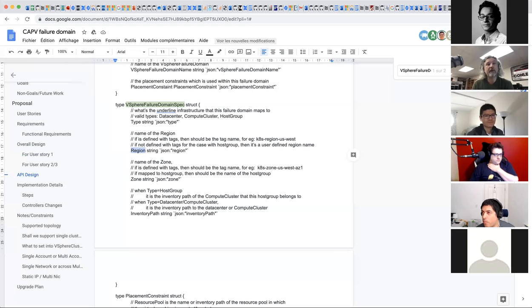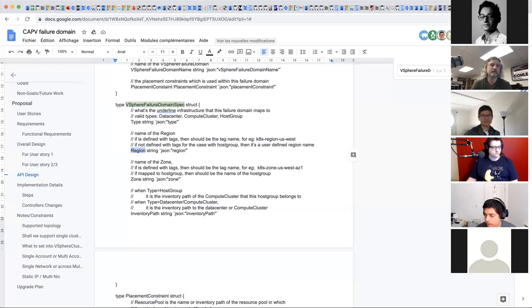But the only question I have about this struct is in cases where you have string fields that can mean different things in different contexts, or for certain contexts can be optional, it's also worth considering making the data center, compute cluster, and host group their own, more strongly typed structs, and then having a composite struct that allows you to specify one or the other. I mean, that might make this too verbose, but there are cases where I think it's worth going down that path just to avoid confusion.